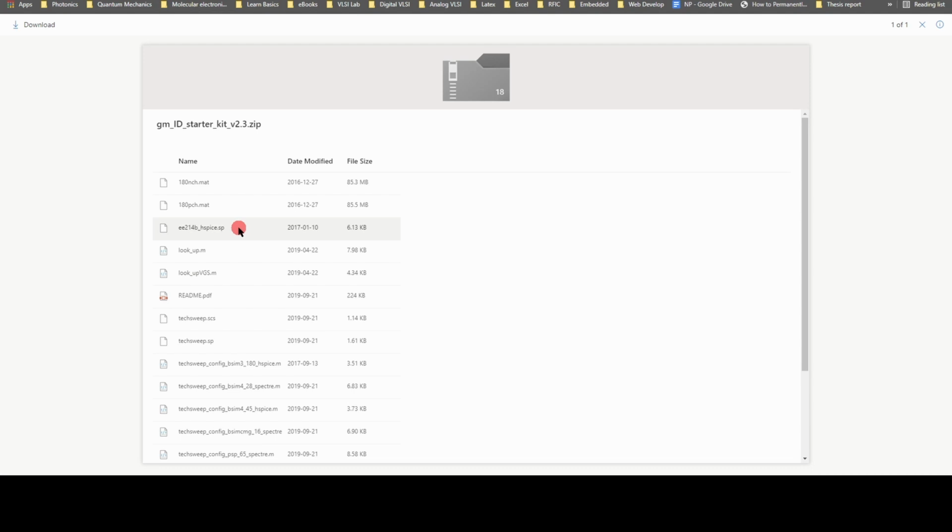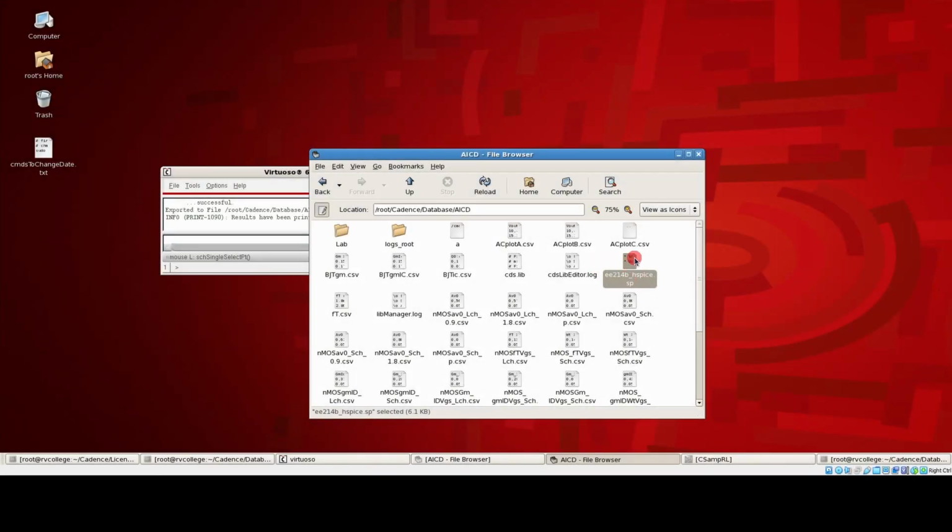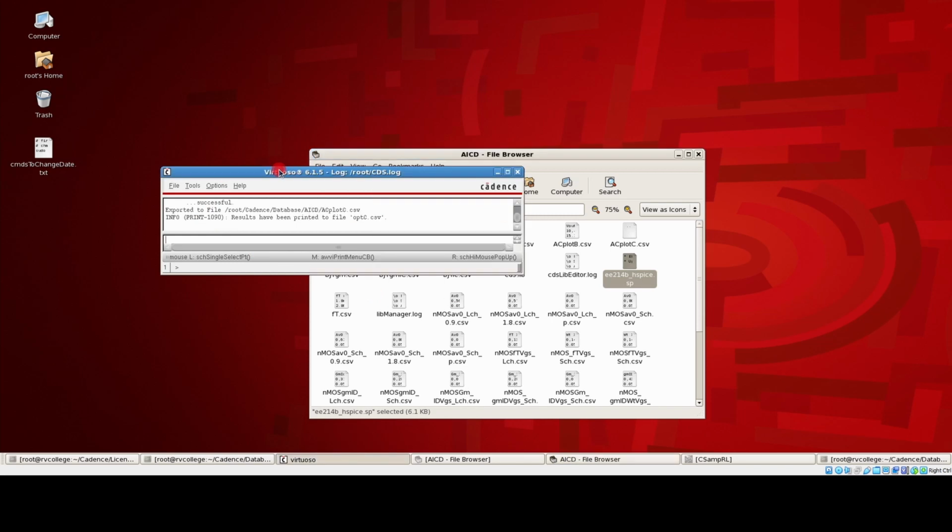I have already downloaded this, and now what I will show next is how to add this file into your design and then use it for our simulation in Cadence. Here I have already kept the model file in the directory in which I am going to invoke my Virtuoso. It has already been invoked in this directory, and the very first step that we have to do here is to